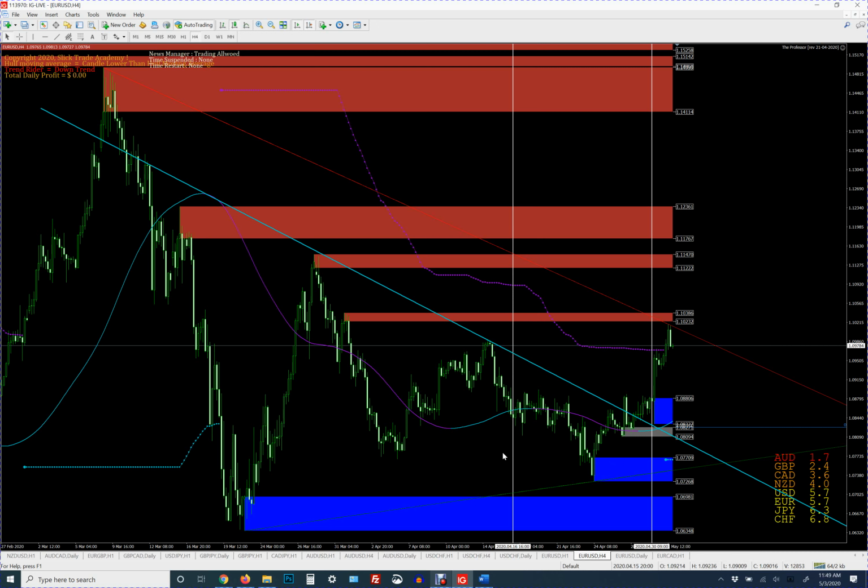If you can see this clean triangle, okay? Now, we broke that and had a candle body hold above on the 28th of April, okay? Since then, we had a little bit of a correction here. Since then, we've had a consolidating period, and we broke